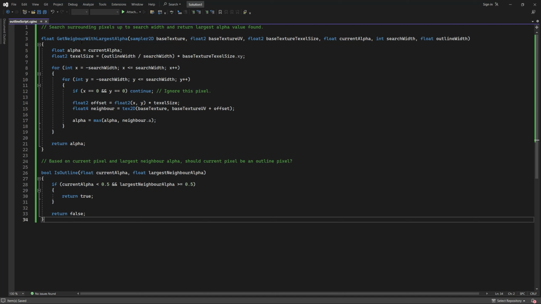This script has two functions. The first function is to get the neighbor with the largest alpha. The second one, we check if this is an outline or not. For checking the neighbor